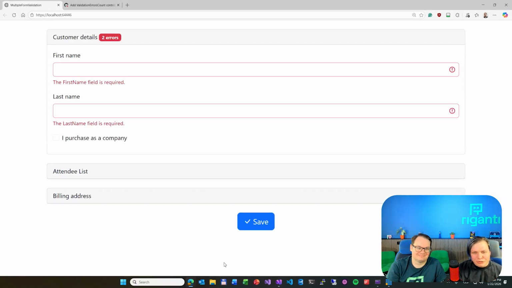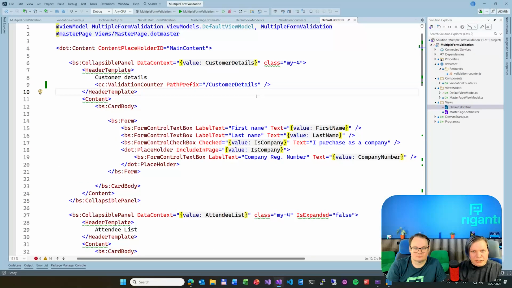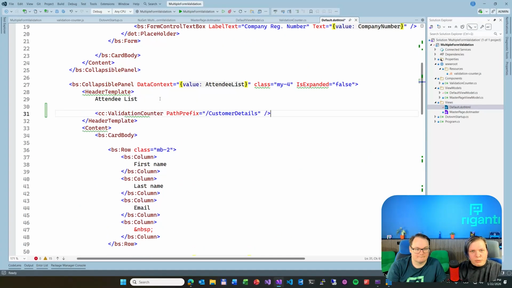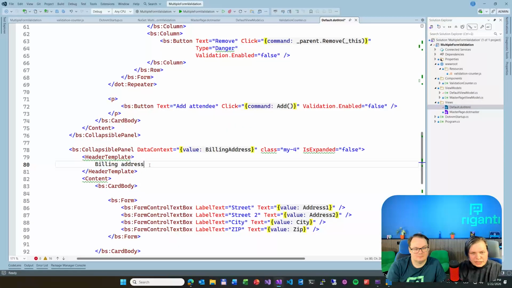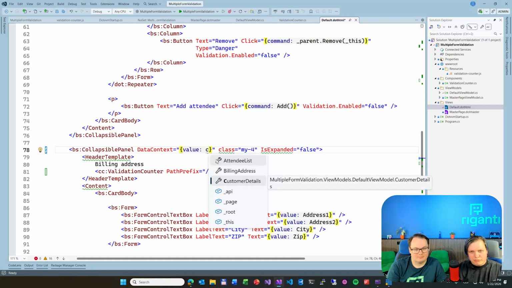Basically it showcases those two errors, and I'll showcase how it looks on the entire page, because it's a nice thing to see what we meant entirely. So we have another validation counter, and this is just for the attendee list. And we have another validation counter here for the billing address. So